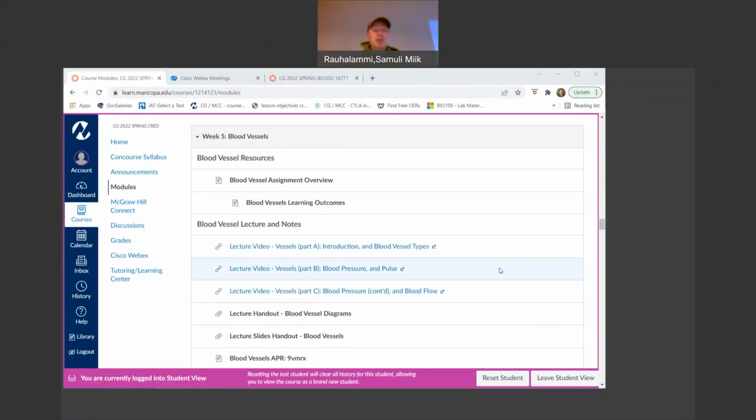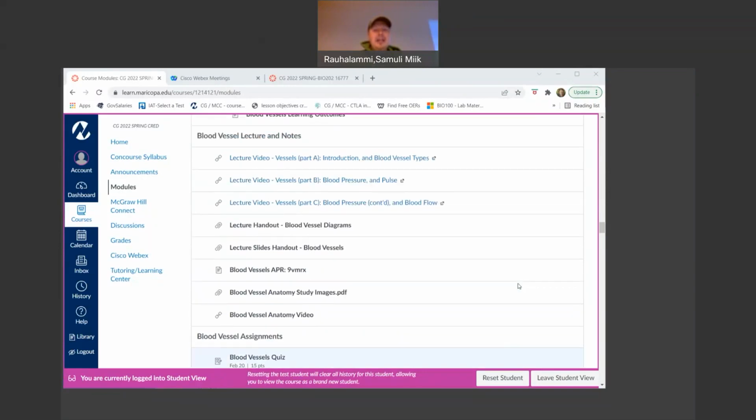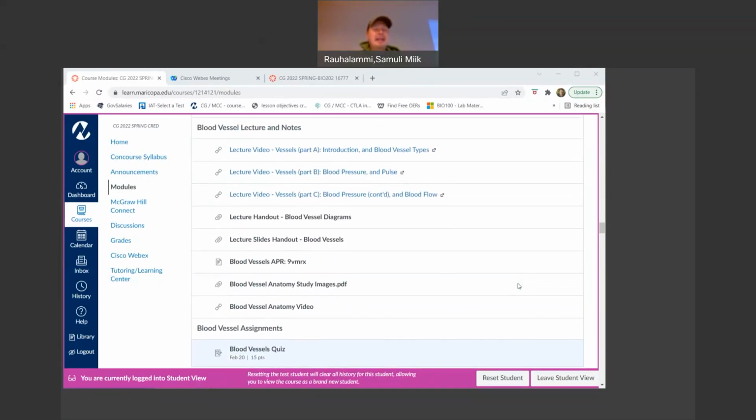the major arteries and veins that I do want you to learn, especially when it comes to the blood vessel anatomy practice activity. For this, we did a little bit of an activity within the class, building a model in groups of different parts of the human body and what are the most important vessels to know for that. And like I promised in the class,